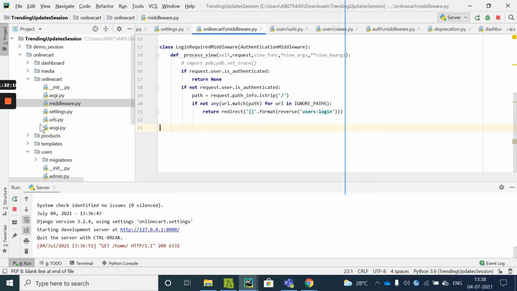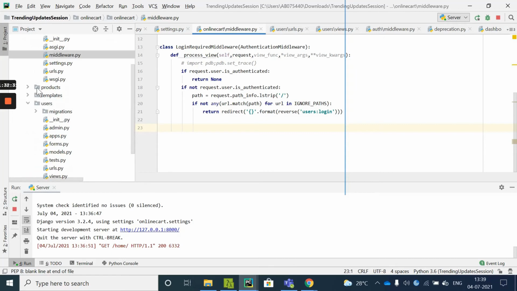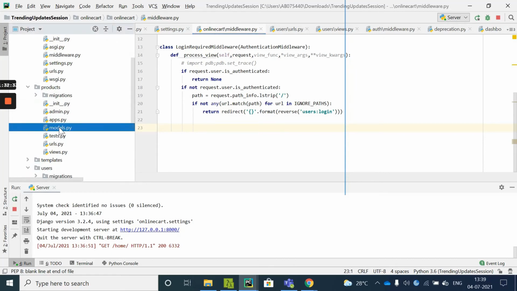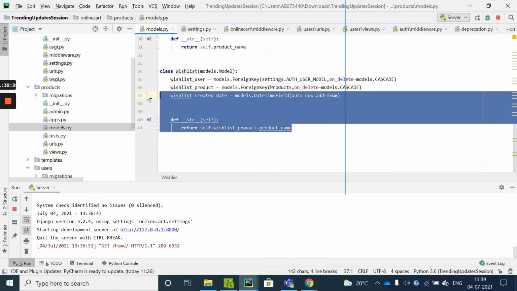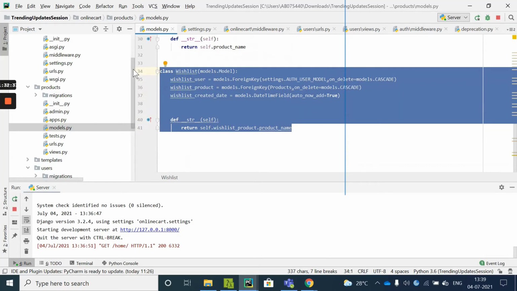We have certain signals on models: pre-save and post-save. Suppose you have a wish list model inside the products. Whenever this model is saved, I want to log certain things, like storing the logs related to this wish list.